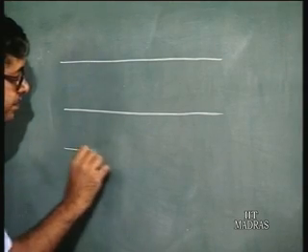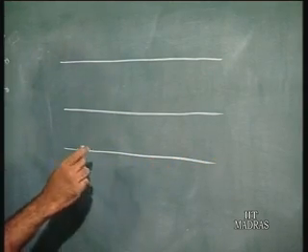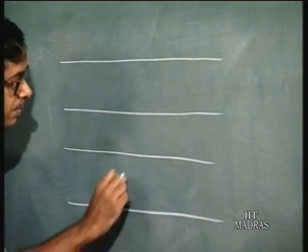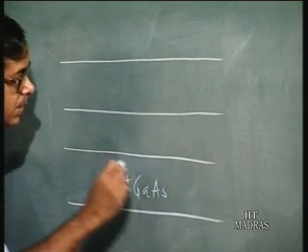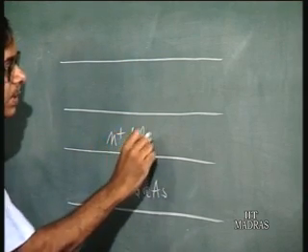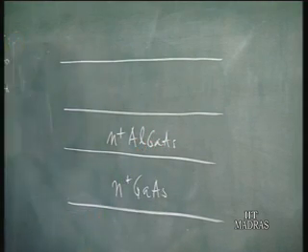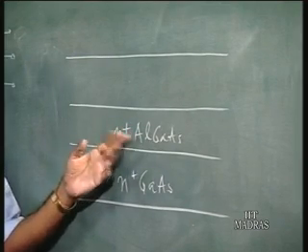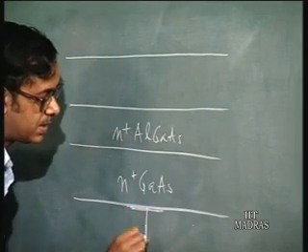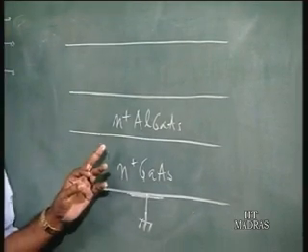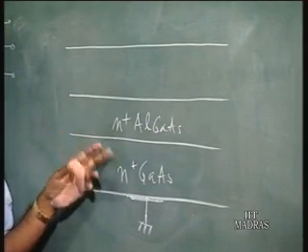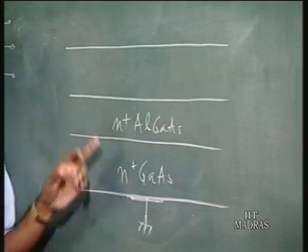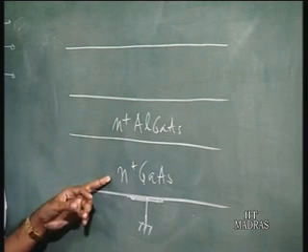So what you have as a starting material is a 3-layer structure. You have N plus gallium arsenide, N plus aluminum gallium arsenide. We have already seen last class that aluminum gallium arsenide is a wider band gap material. So basically this acts as the emitter of the transistor. This N plus gallium arsenide is used as a contact material, because it is very difficult to take contact from aluminum gallium arsenide. Being a wide band gap material, it is very difficult to get an ohmic contact. So basically this is the emitter.